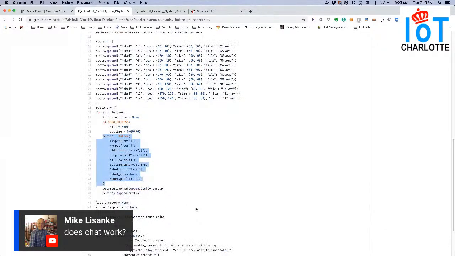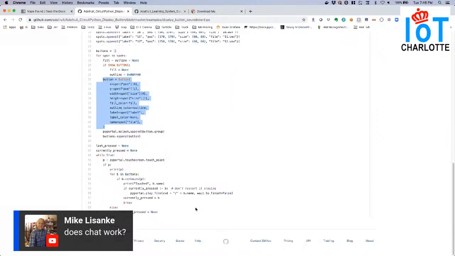And then what you're doing is asking what point on the screen you touched. Then on each button you can call something called contains, and it'll tell you whether you've touched that or not. And then you store basically a state of whether the button you pressed is currently touched or not.